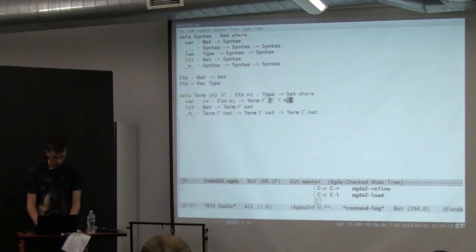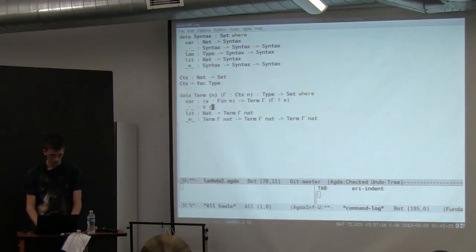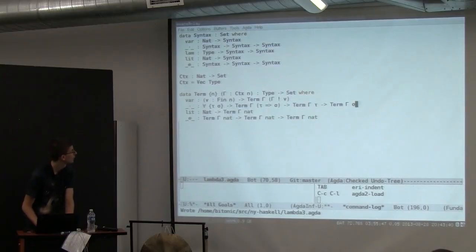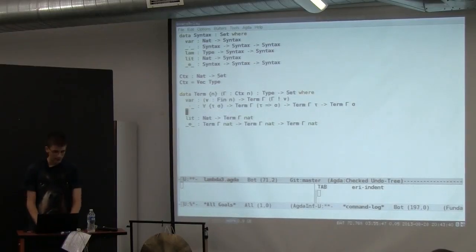Right, so these are variables. Then we have function application. So if we have a term of type tau to sigma, so a function from tau to sigma, and an argument of type tau, we get out something of type sigma. Right? Yes. And finally, for what concerns lambdas, we have the type of the argument, let's say tau,